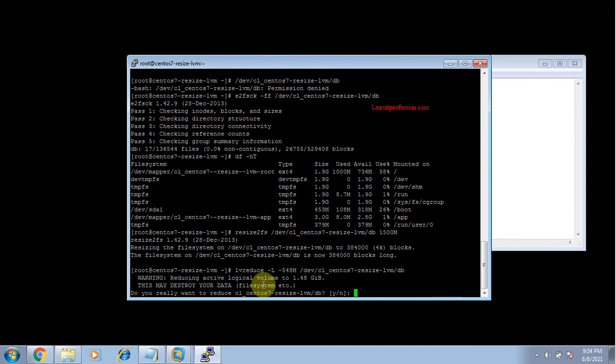Here the result is resizing the file system /dev/cl_CentOS7-resize-lvm/db to 384,000 blocks. The file system is now 384,000 blocks long.